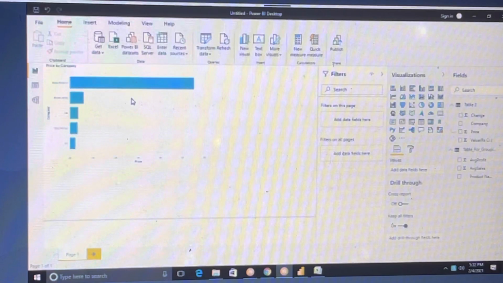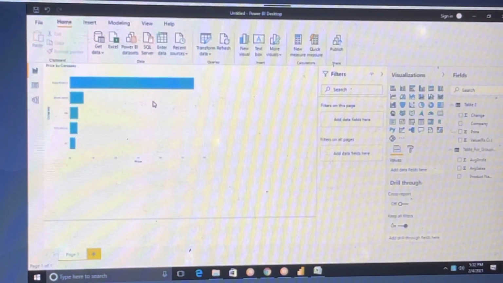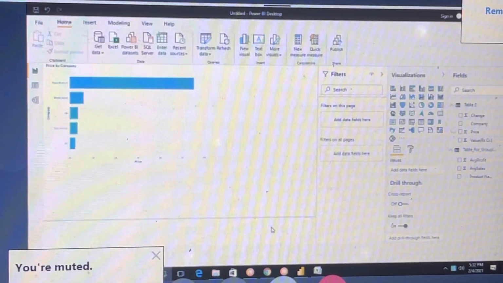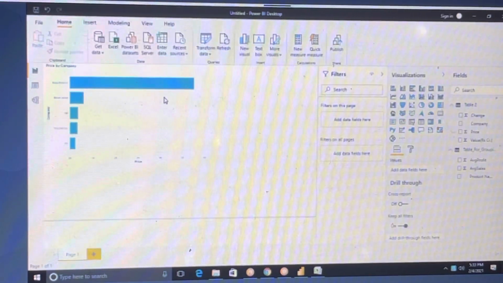You click on get data, right? Why is this hanged?